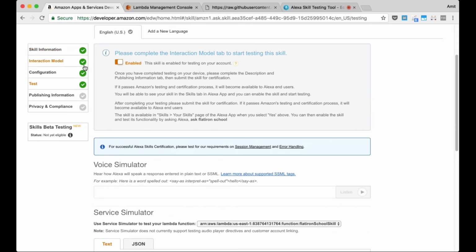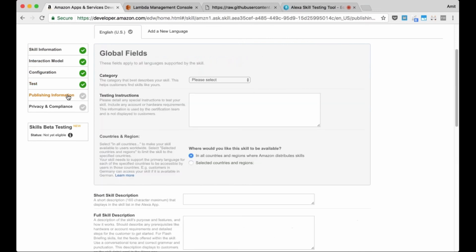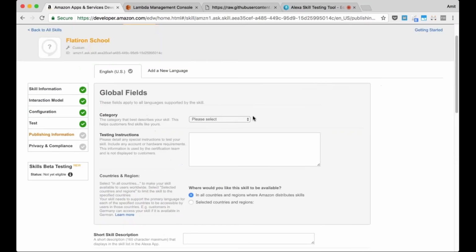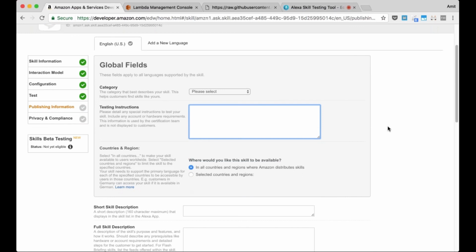So we have 4 green checks on the left side. The next step is going to be publishing information. So when you're ready with your skill, you feel happy that this is the skill that I want everyone to be using, you would just click on publishing information, fill out the basic responses, what category it is, some quick testing instructions. So this is what our reviewers will use to play around with your skill and make sure that it does what it says it does.